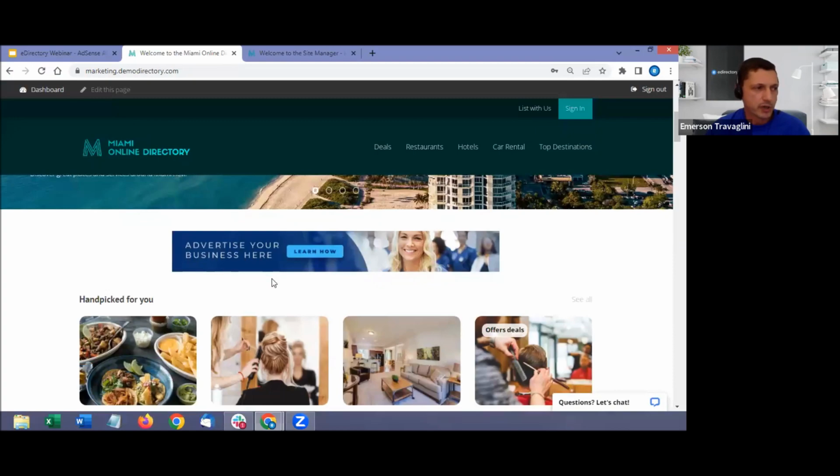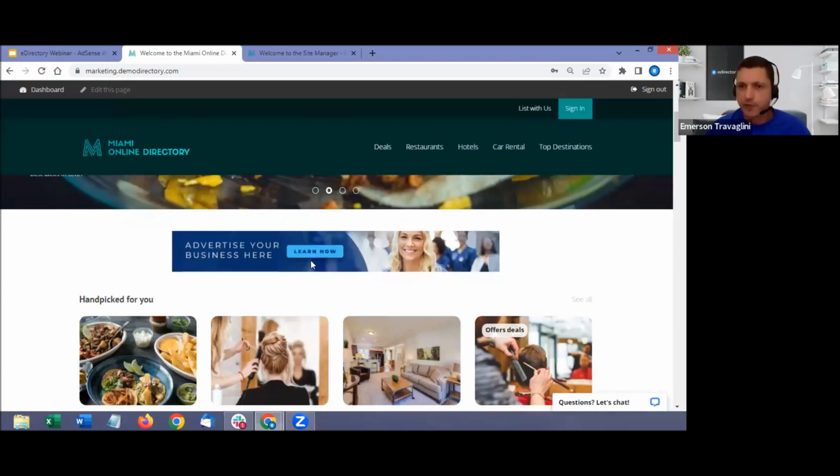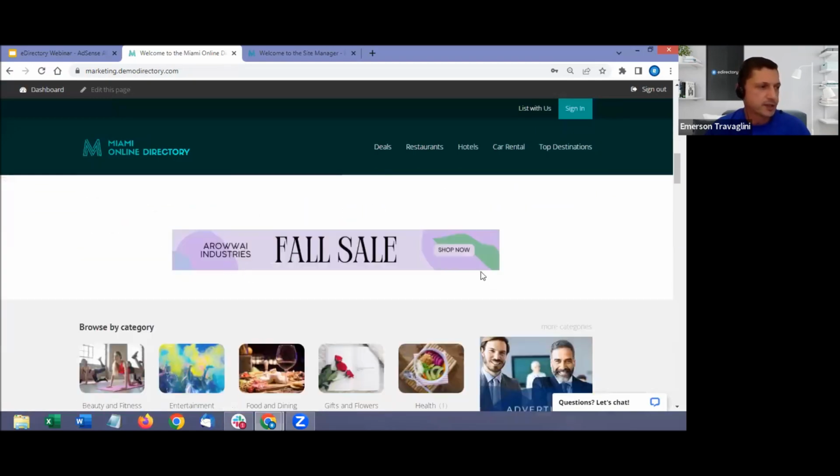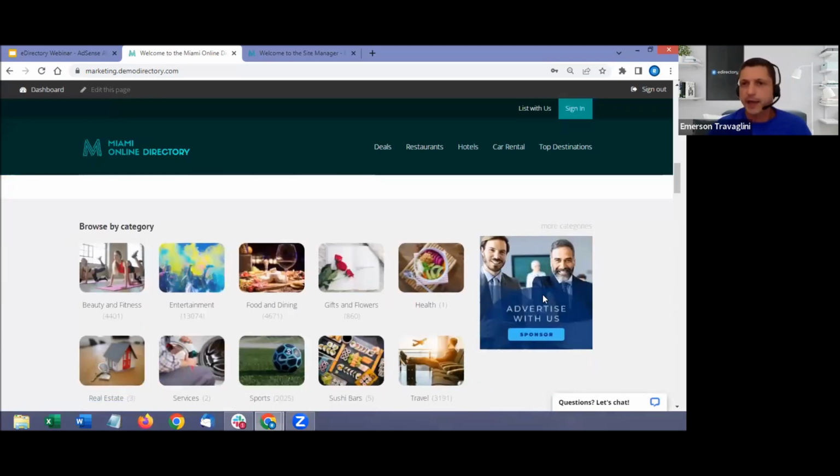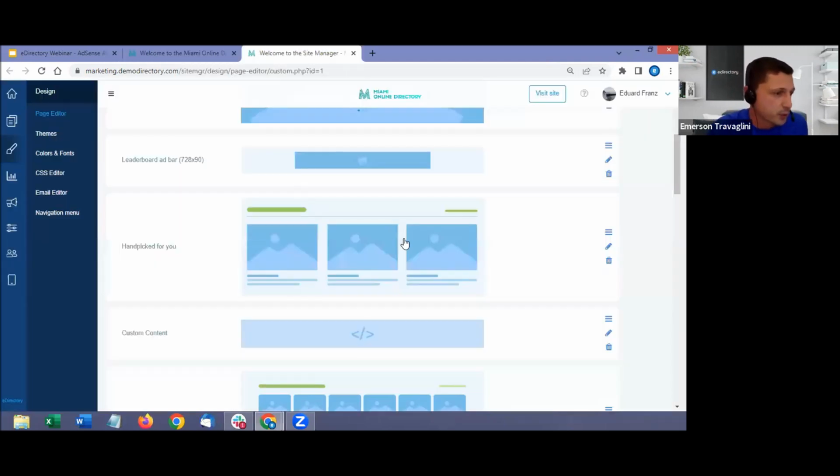This leaderboard ad, which is native from eDirectory, and this is a custom content widget with an external ad program. So it's very simple to use. Then you have this one, the banner ads inside the widgets for this browse by category widget, which is a different one. Let me show you. Here, you have the cards widgets.